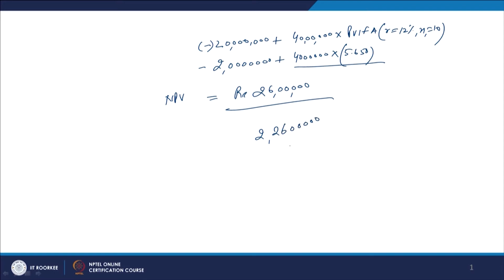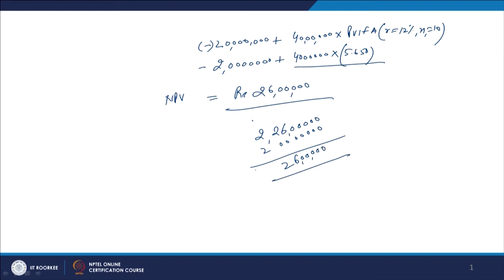This is the outcome coming out if you multiply this by this factor. So, this will come out as 2 crore 26 lakhs, and we are already making the investment of how much? The total investment we are making here is of the 2 crores. So, it means finally your NPV of the project is 26 lakhs, we have calculated here.